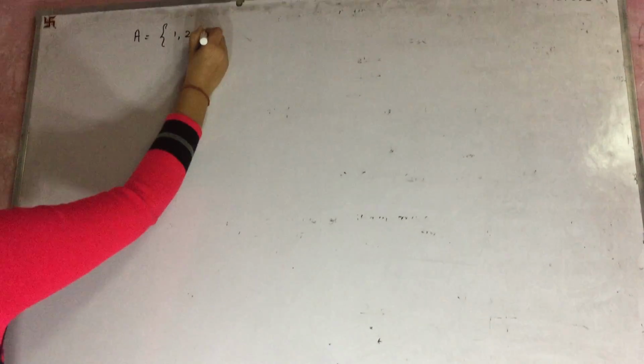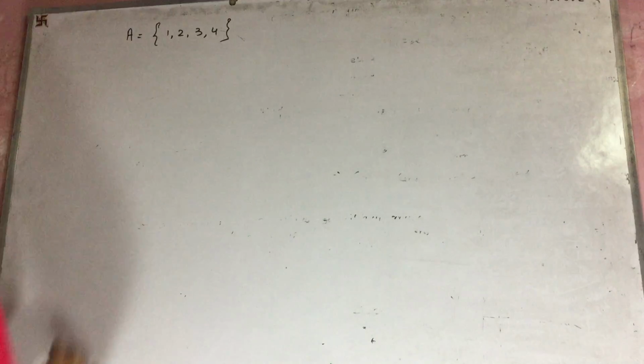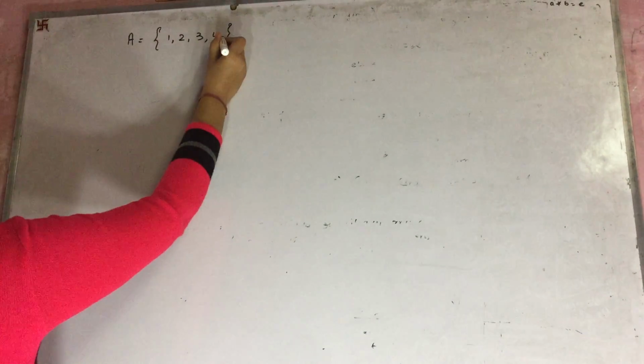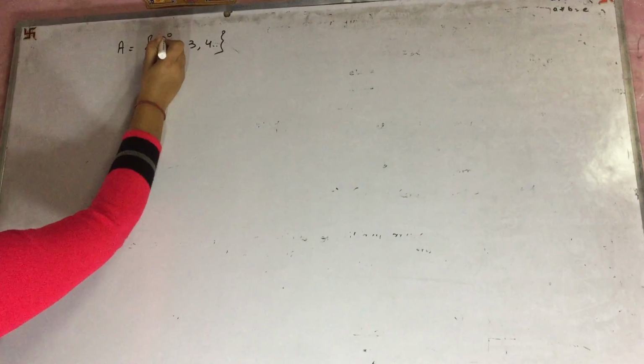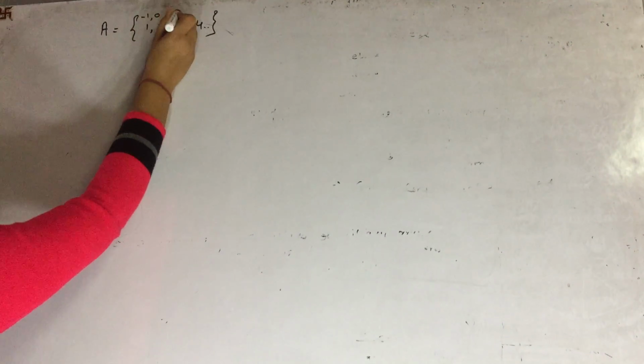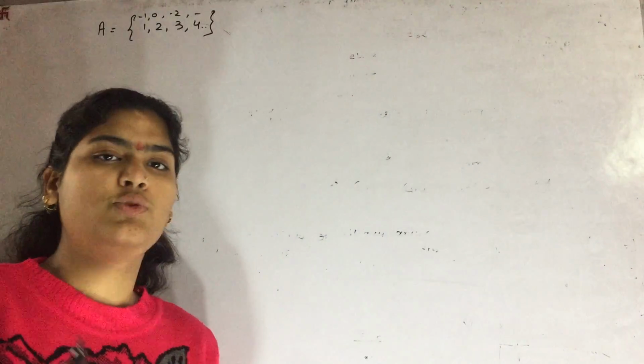Today's video is based on binary operations. So what are binary operations? Let us see here. This is a set, a well-defined collection of objects. Let us suppose 1, 2, 3, 4, and so on. There are so many integers, 0 as well, -1, -2. There are so many numbers related to the set of integers.